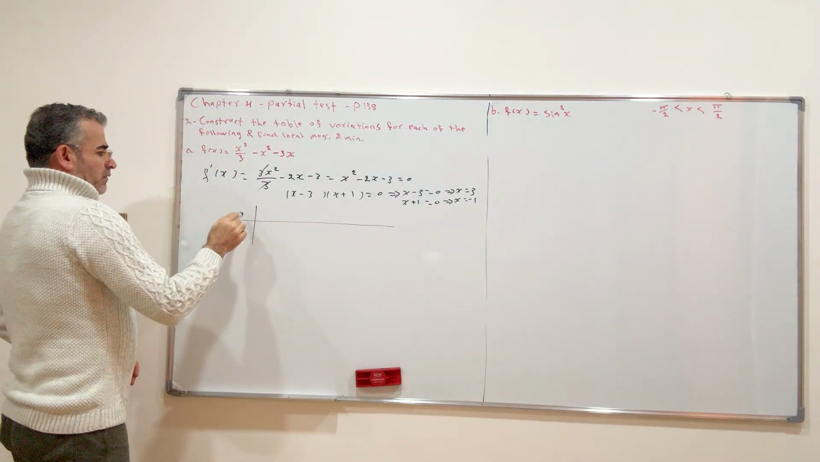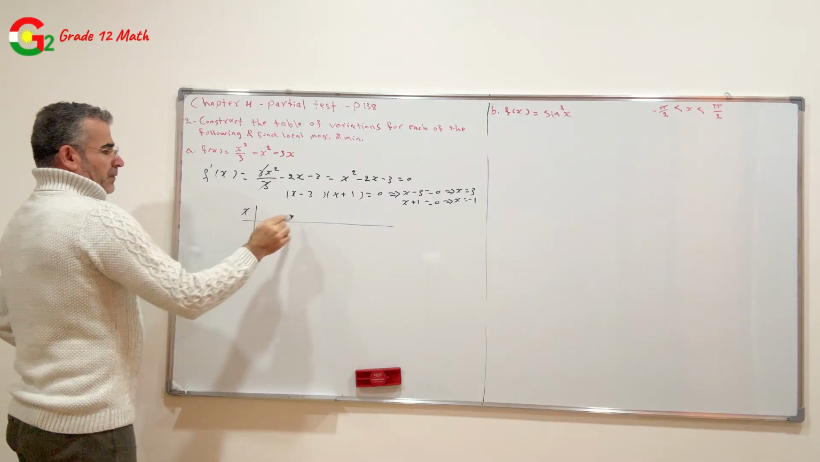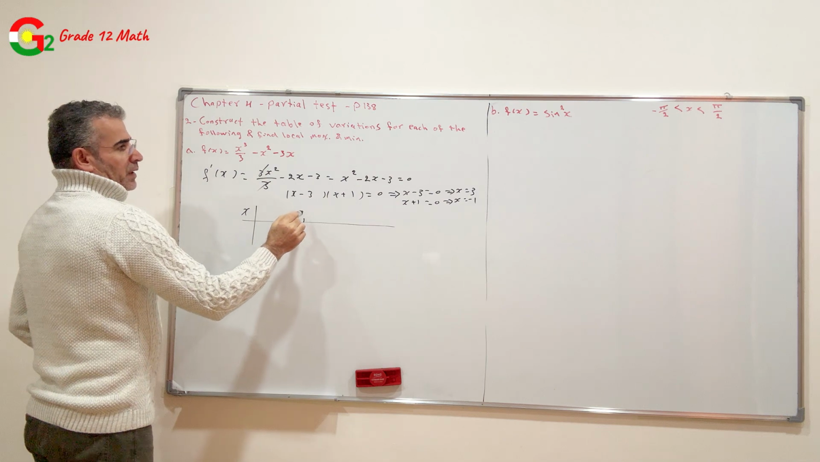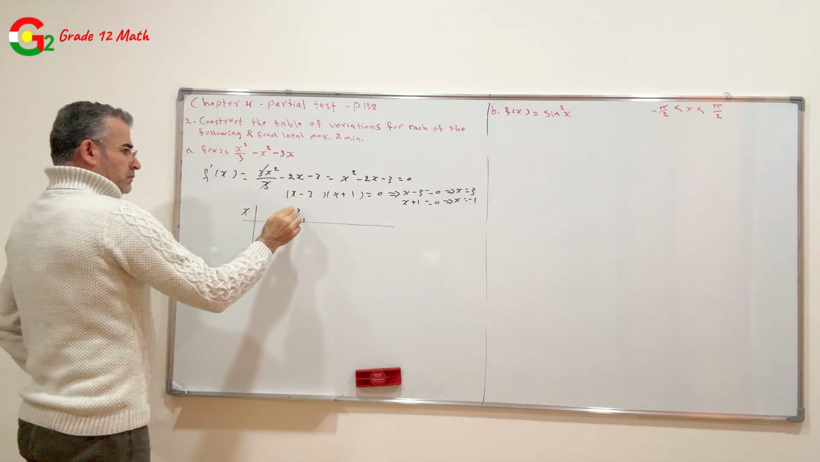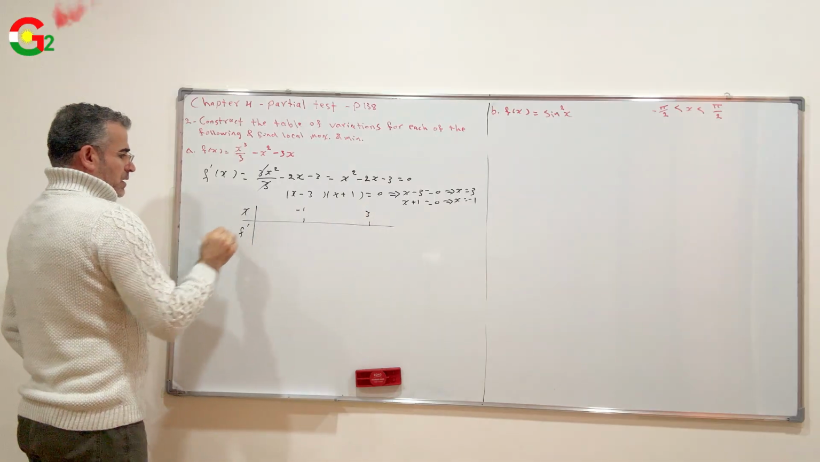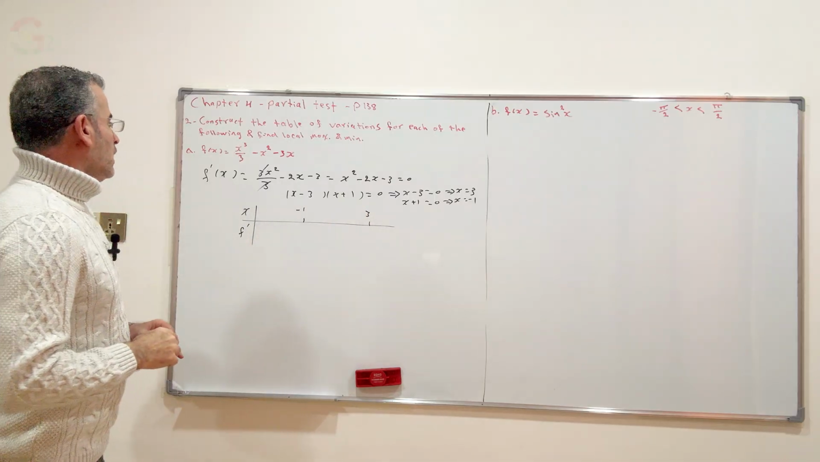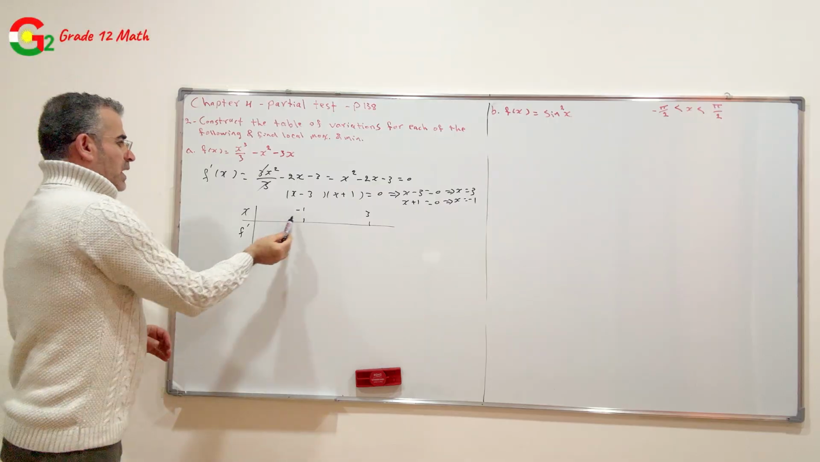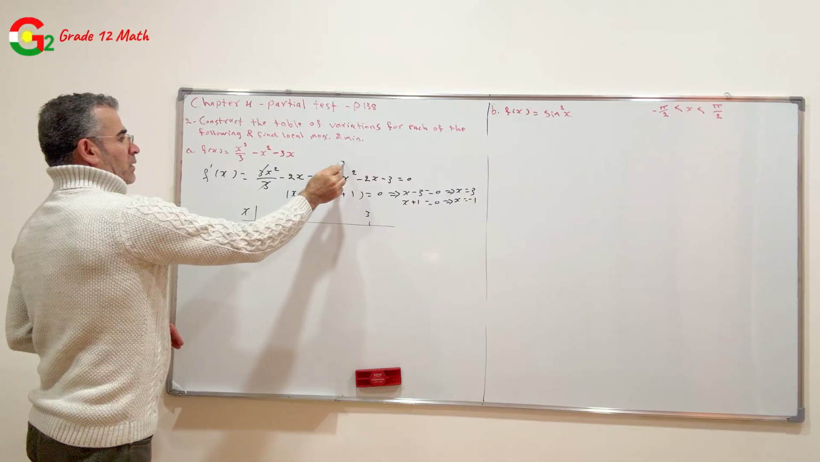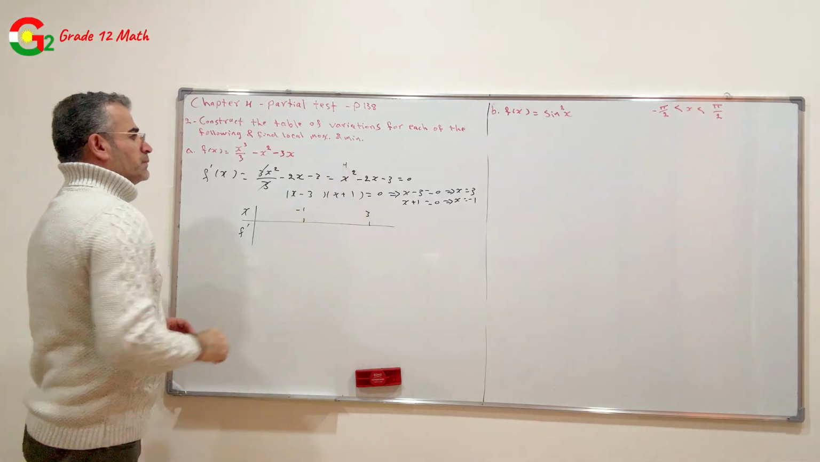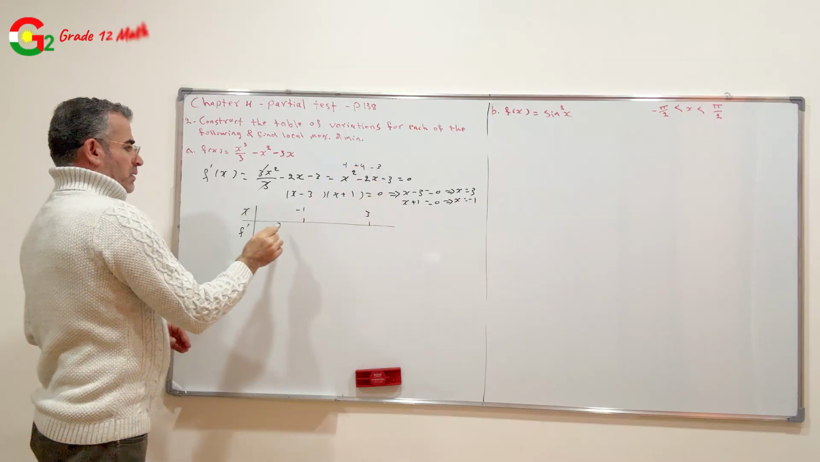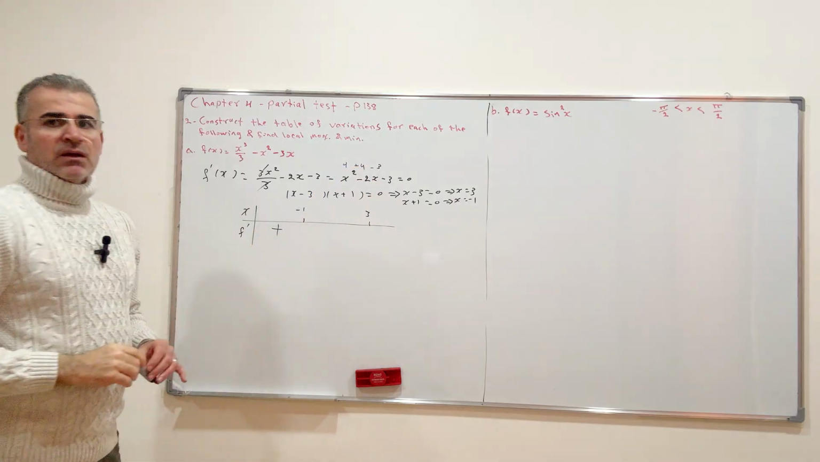Construct the table of variation. This is the value of the critical points, negative 1 and 3, and this is the sign of the first derivative. When x is less than negative 1, take negative 2: square, 4 plus 4 minus 3, it is positive since 8